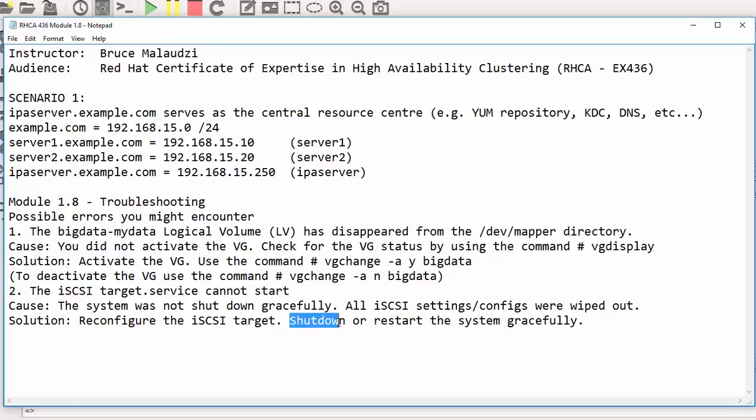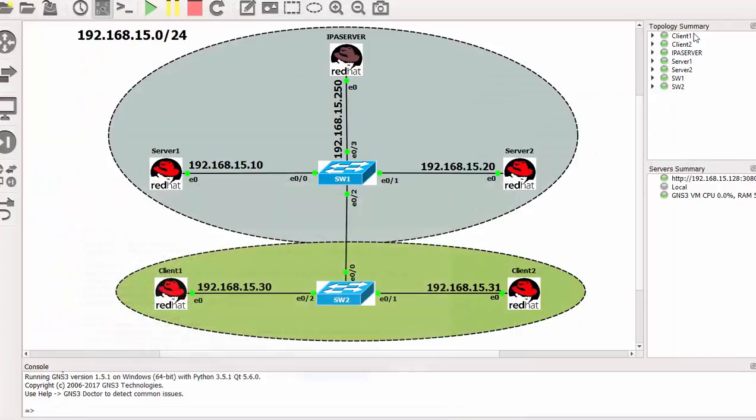Whenever you need to shut down your system or to restart your system, please use the correct way. I mean by gracefully restarting or shutting down the system. Okay, without wasting time, let's get to the terminal and let me address these two issues and then see how we can solve them. So the first issue,